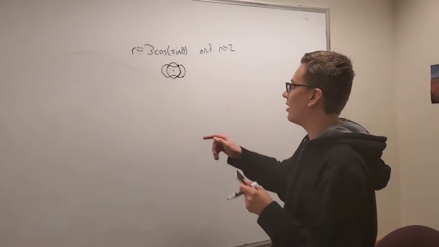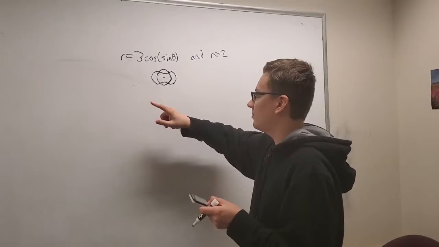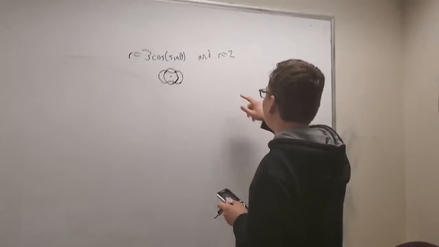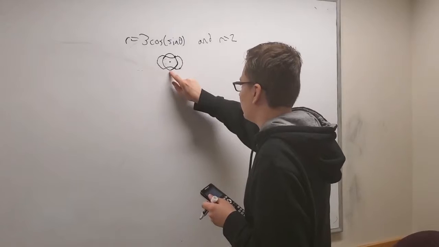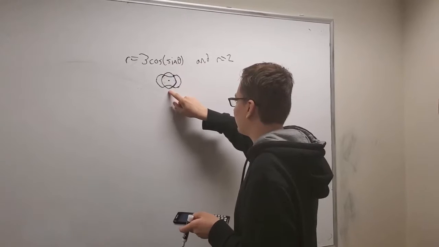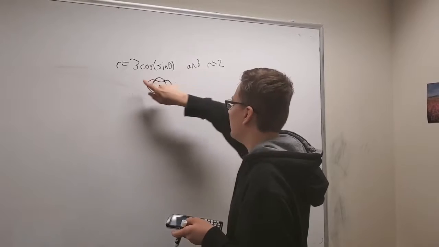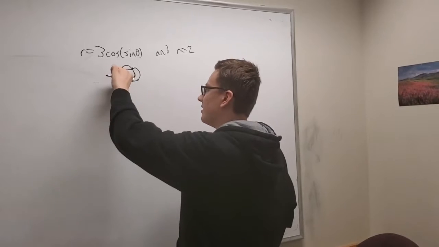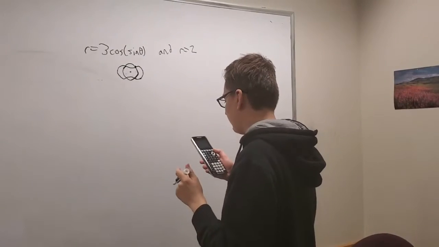Here we have a polar problem. One equation is 3 cosine sine theta, and the other one is radius is 2, so it makes this circle. This is the graph that you would get when you graph these two equations. This is a circle graph, so r equals 2, and this elongated shape is this equation. So in this problem, we need to find the area inside both of the graphs,